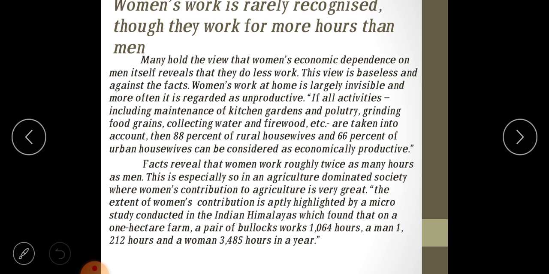That is why even feminists say that first women should be economically independent, so that we have equal opportunities and equal power